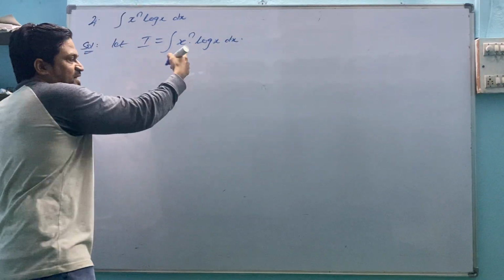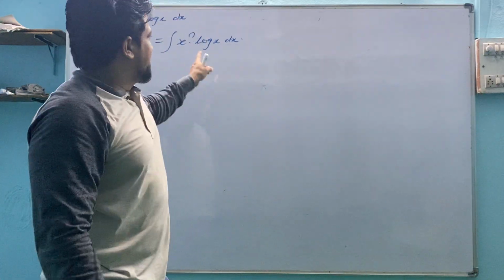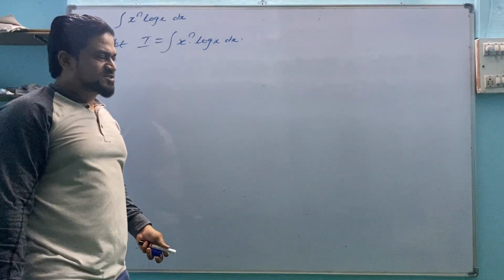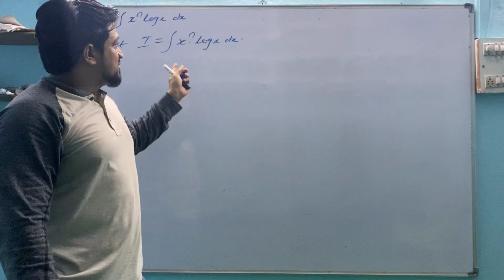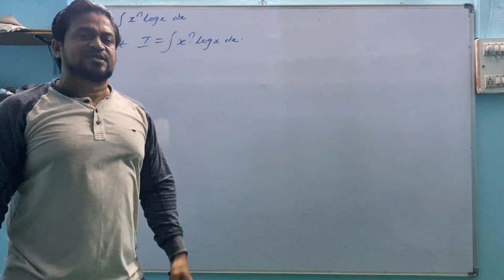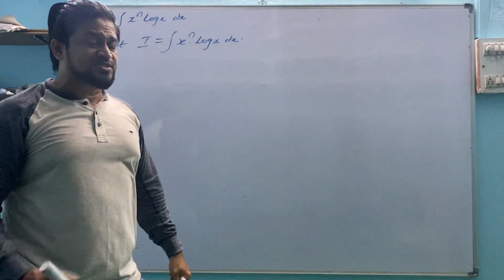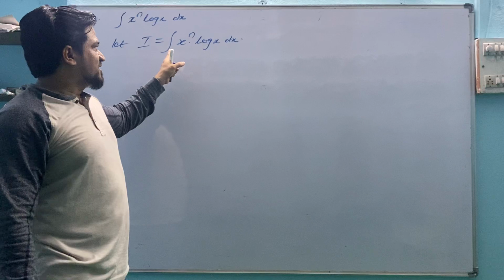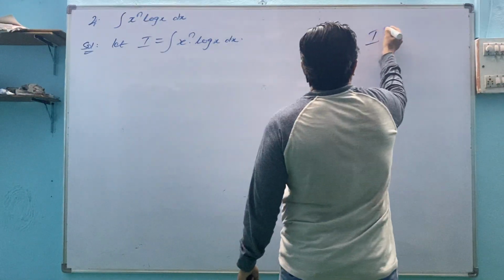Now, because they are multiples, we can take UV form. See, we are not taking t as log x and dt as 1 by x, because we don't find 1 by x and so on. We find just two multiples. By saying two multiples, just think of u and v form. If it is not possible in UV form, then we can take any one and do dt, the substitution method of the 6b exercise. But here we don't find that substitution part. What we can do is think of UV form, but we'll first think of ILATE.